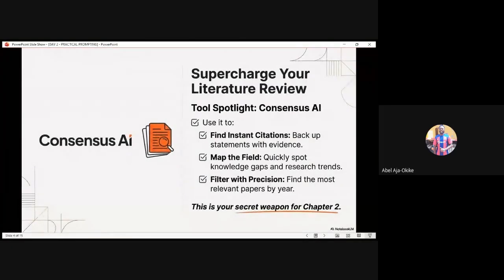So we are going to go into the Consensus website now. I will share my screen shortly. Just give me a second to pop out the website.